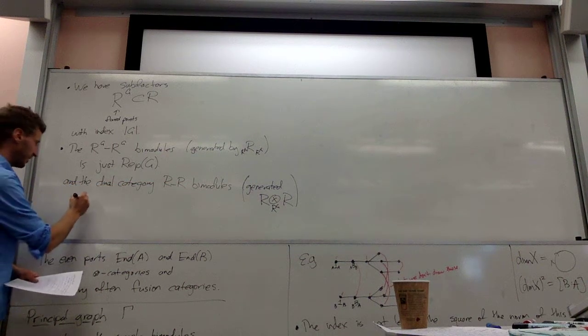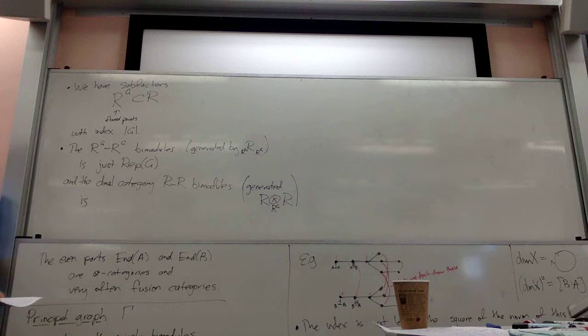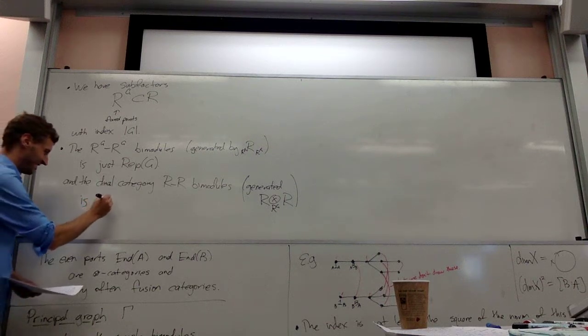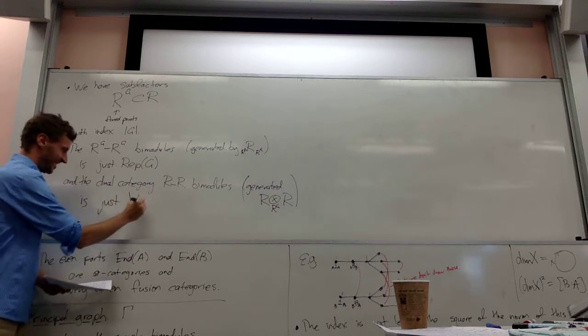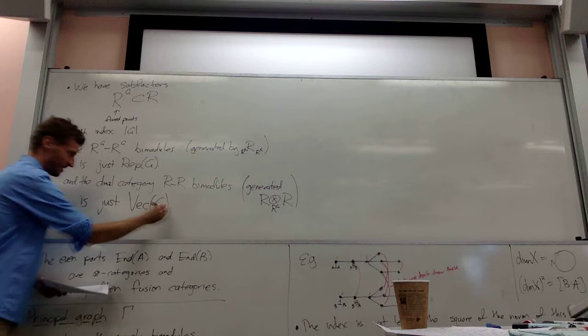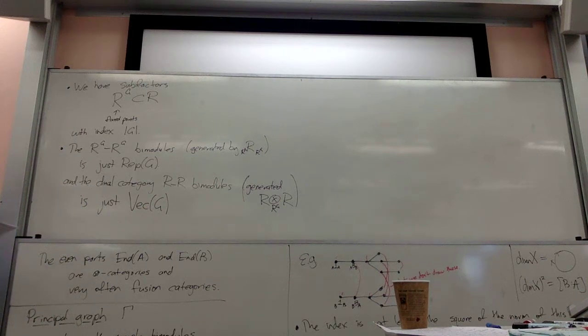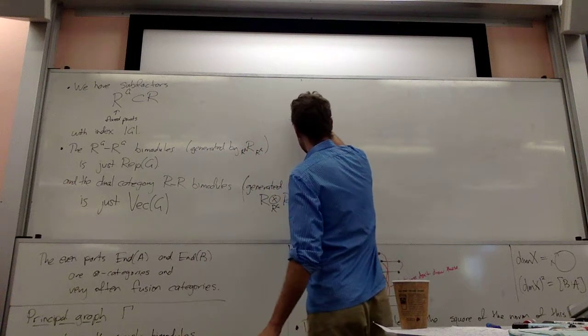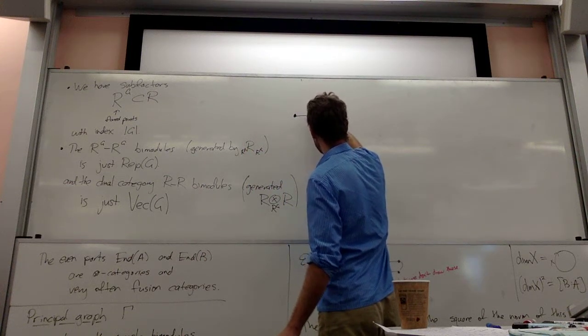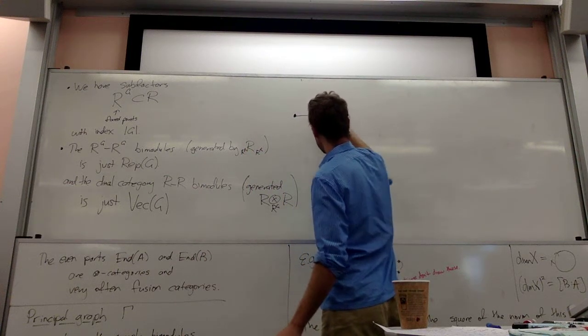What's this category? Well, what other tensor category do you know that you can build only starting with a finite group? Just G-graded vector spaces. Okay, and you can draw the principal graphs. The principal graphs are just little spoke graphs,